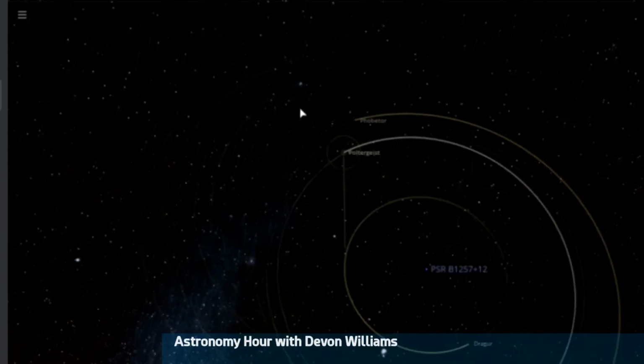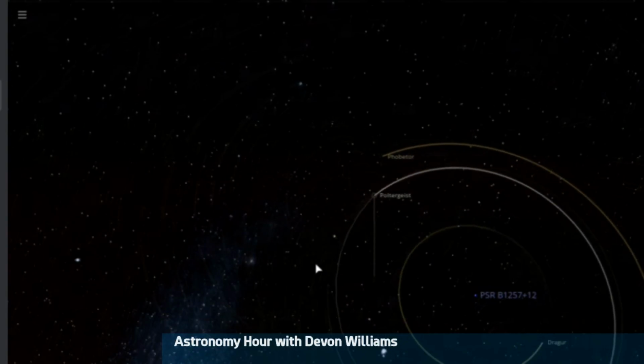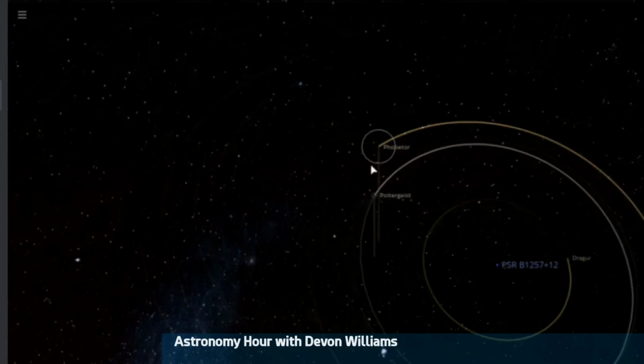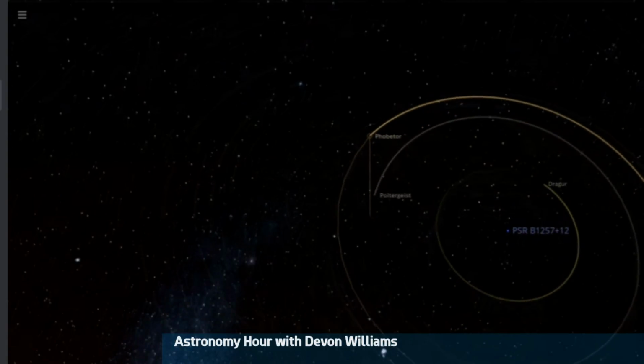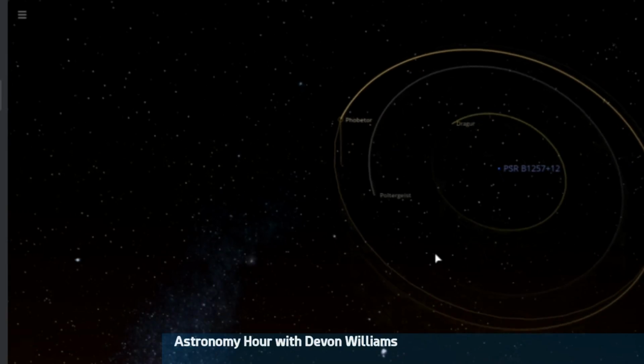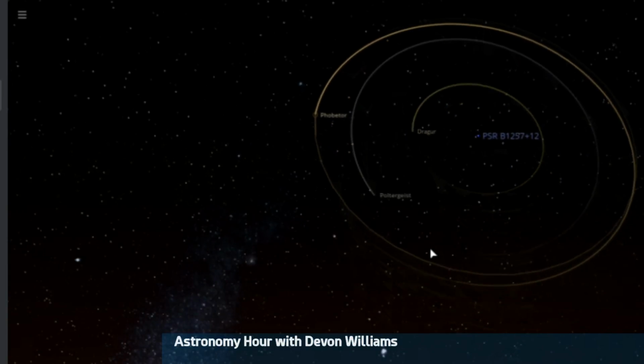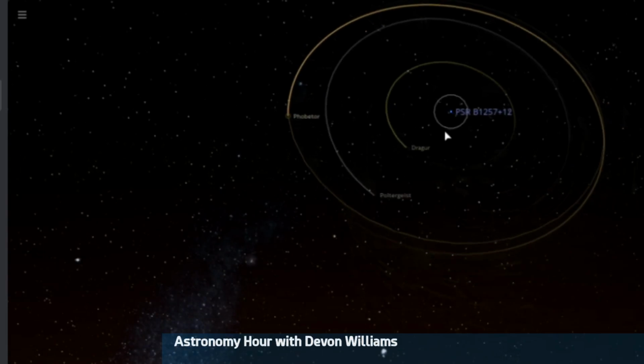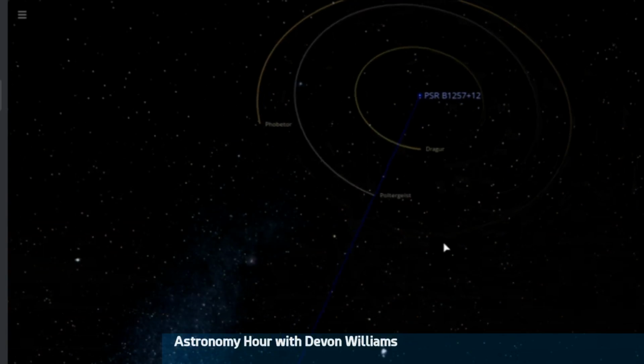We have a couple of other ones here. We have Poulter, which is about 4.3 times the mass of the Earth. And we have Phobetor, which is 3.9 times the mass of the Earth. We don't really know too much about these planets, except for the really weird thing that is at the center